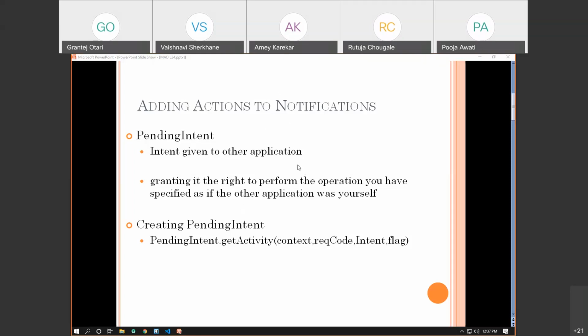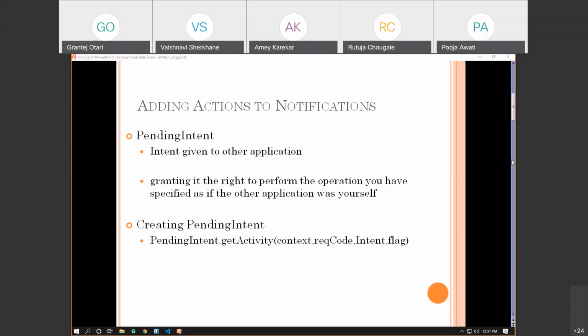Now we know that in order to add actions to anything in the Android operating system, we need to have intents. But here we have a different kind of intent that's basically called the pending intent. We have already seen what intents are.